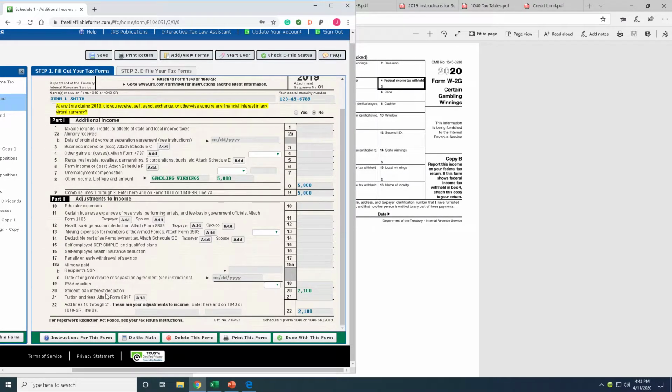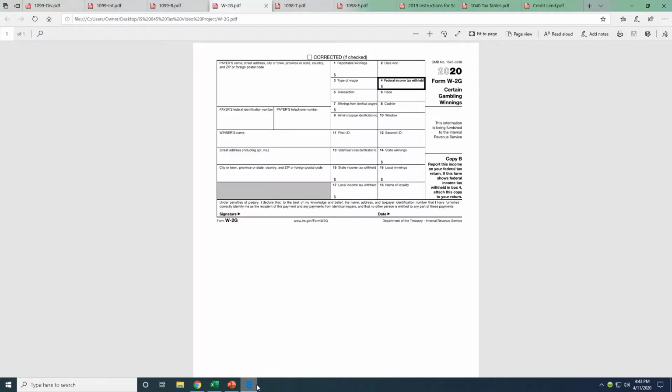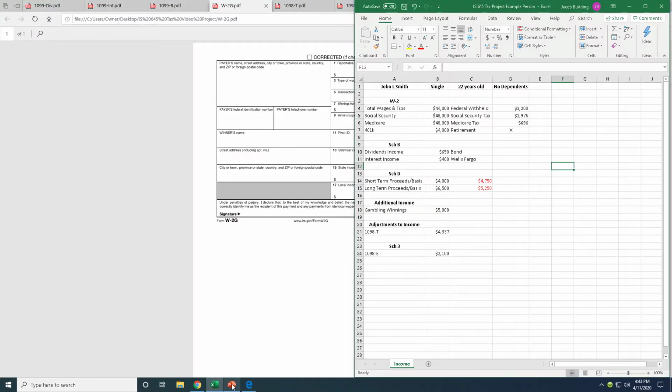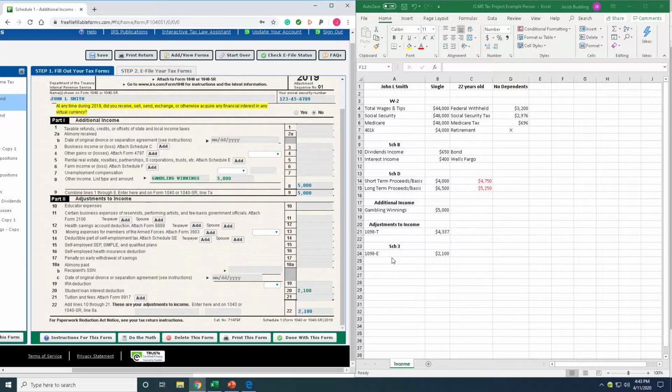So, student loan interest deduction. Let me pull back up this and this. So he got a 1098-E with $2,100. That's how much money he paid in interest on his entire principal of the loans he has taken out for college. So there are some implications when it comes to this, such as if somebody makes too much money,